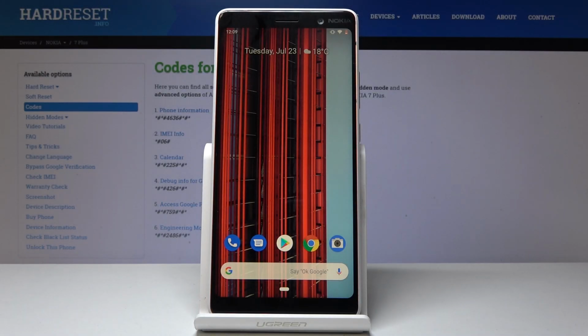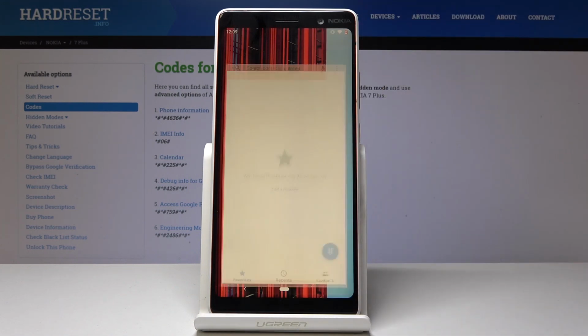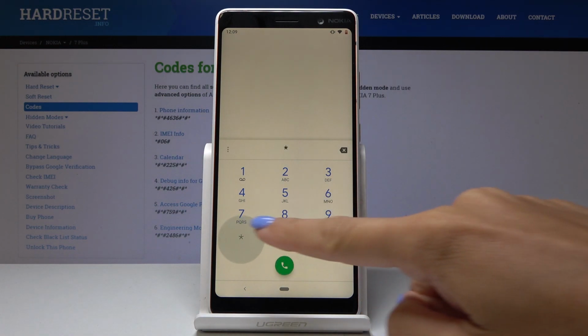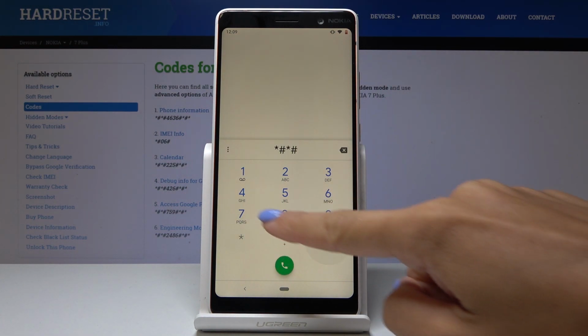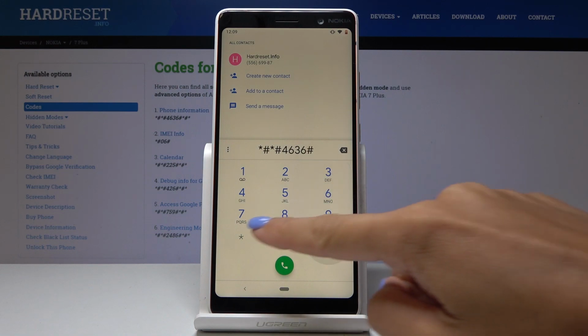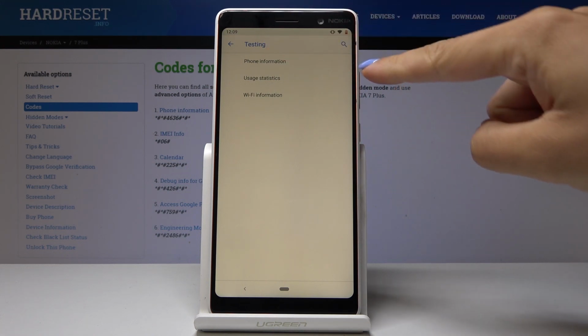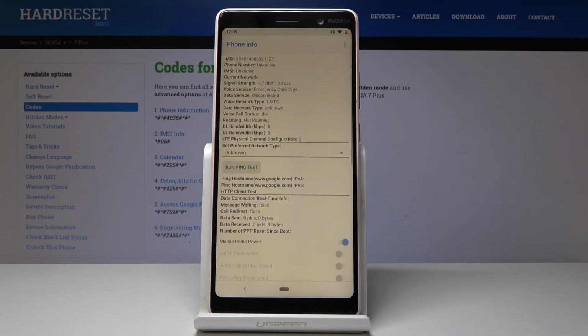Here I've got Nokia 7 Plus, and let me show you all the secret codes for the following device. So at first, let's open the phone dialer, and let's start with the first code, which is *#*#4636#*#*. And now we are in phone information testing mode, so let's open at first phone information tab, where you